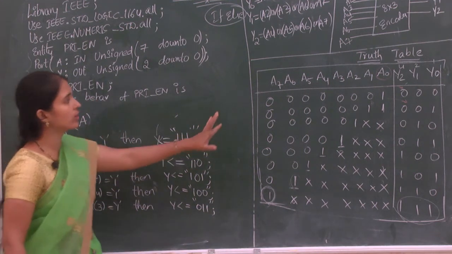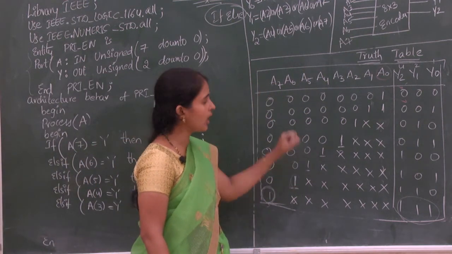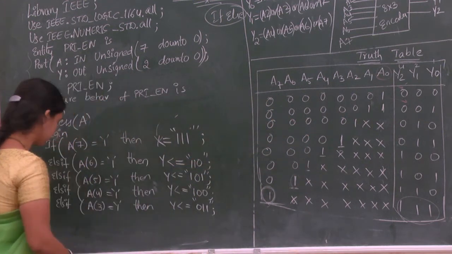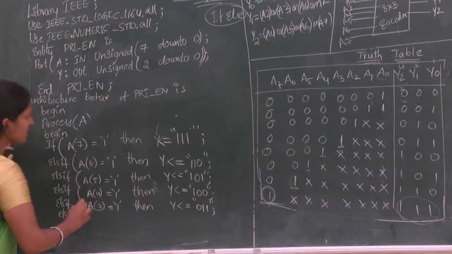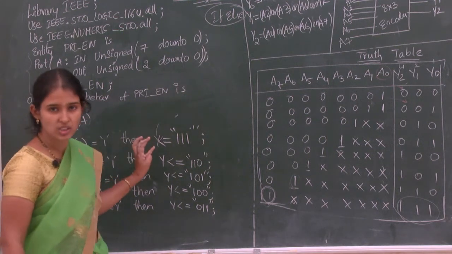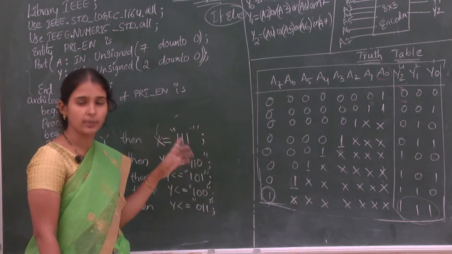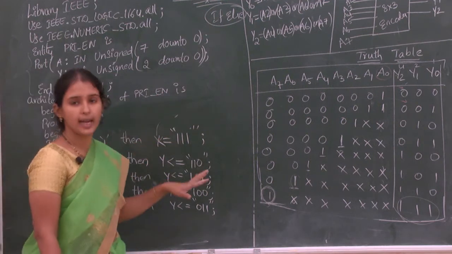First you need to know the working condition of your priority encoder and how to write the truth table. From that truth table, you write your code. Don't just memorize it. Know and understand how you write using the if-else statement, how to write using the with statement, how to write using the case statement, like that. This is for 8 to 3, I am telling.